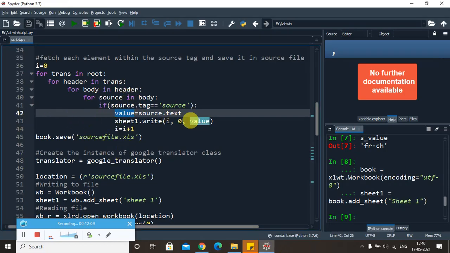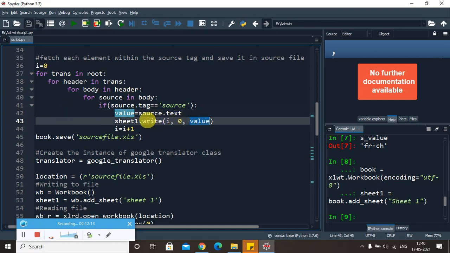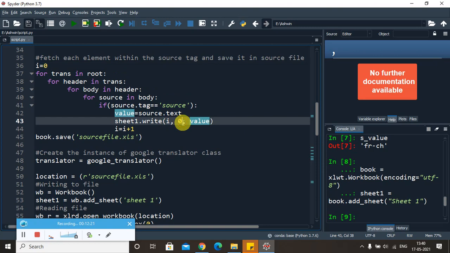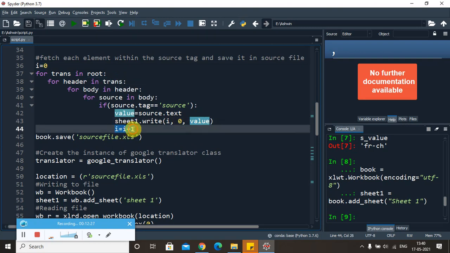And meantime, whatever value it fetches, I put that value in an Excel sheet with the index element. You can see the i value is 0 and this is a row and column. So in 0, 0, that means the first row, first column, the first index position, you put the first value. Later on, I'm just incrementing the i value to 1. So it will be 1, 0, 2, 0, like that. So it will come one after the other in a vertical way.